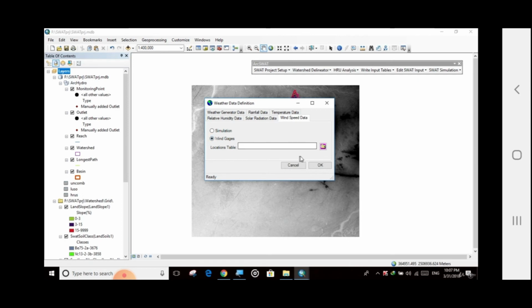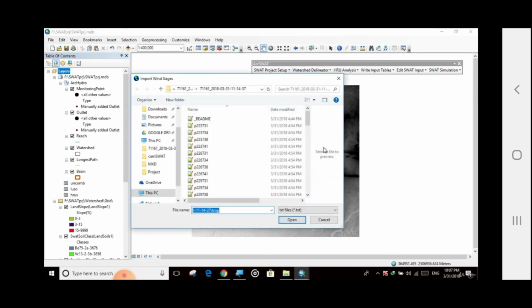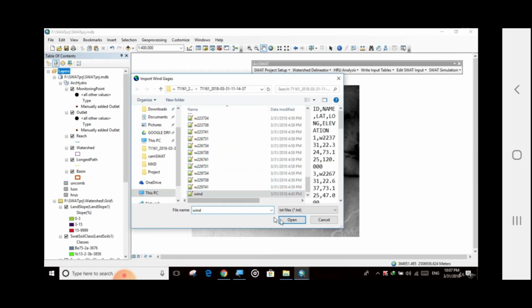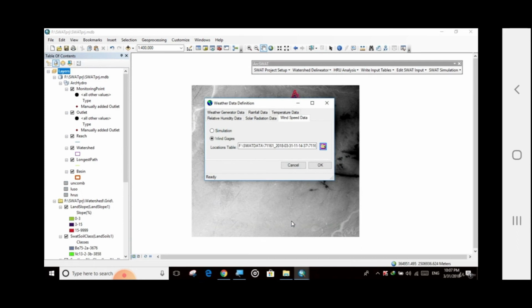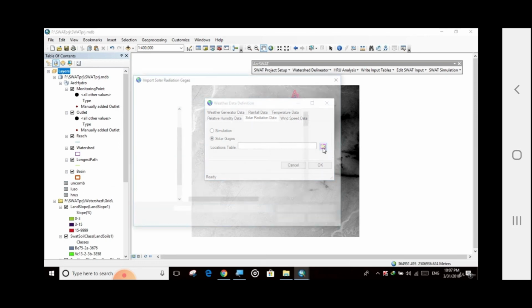Click on wind gauge. Click browse. And click wind. Click OK. Solar radiation. Click solar radiation. Click browse.